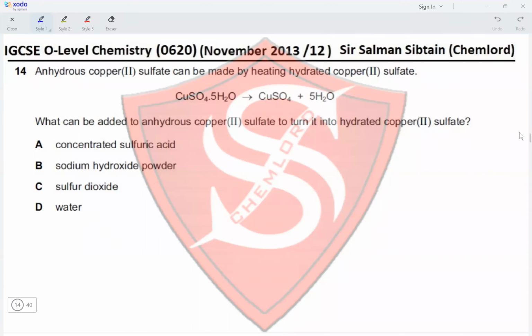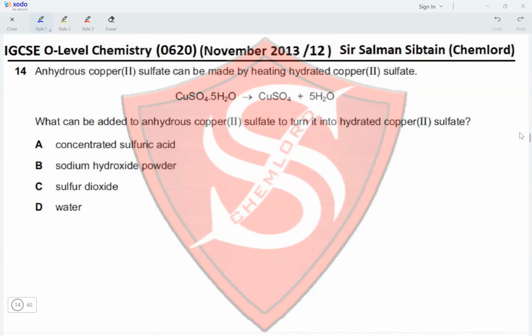Question 14. Anhydrous copper sulfate can be made by heating hydrated copper sulfate. What can be added to anhydrous copper sulfate to turn it into hydrated copper sulfate? So if we heat it to remove water, we just add water to the anhydrous copper sulfate to hydrate it again to form the hydrated copper sulfate. So the only thing that needs to be done is water is to be added. So the options are